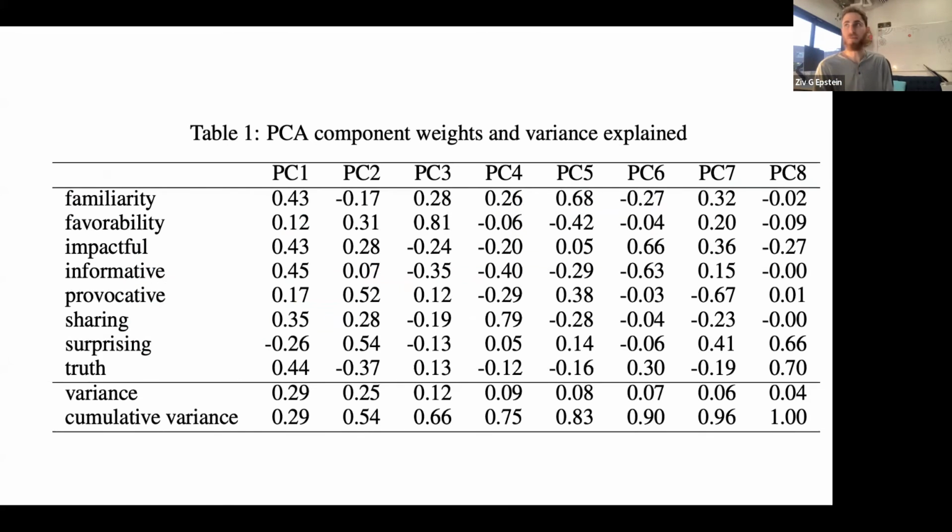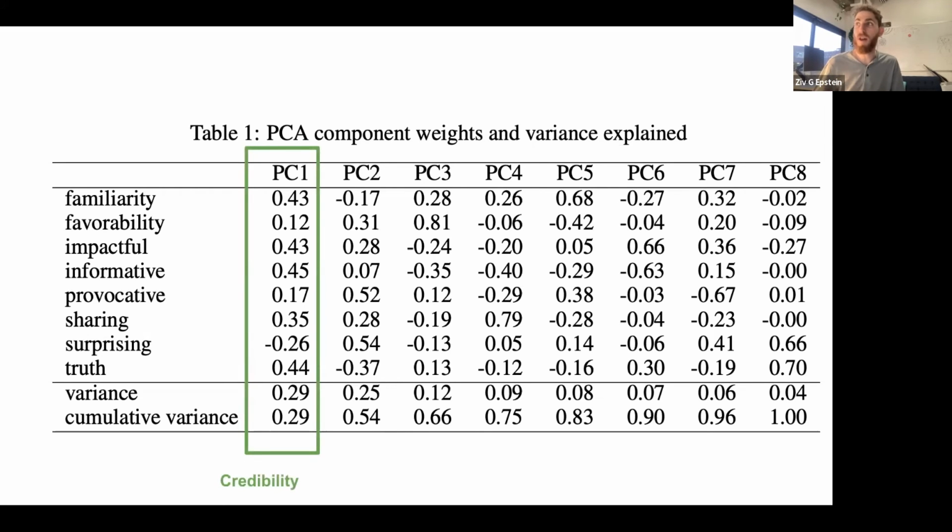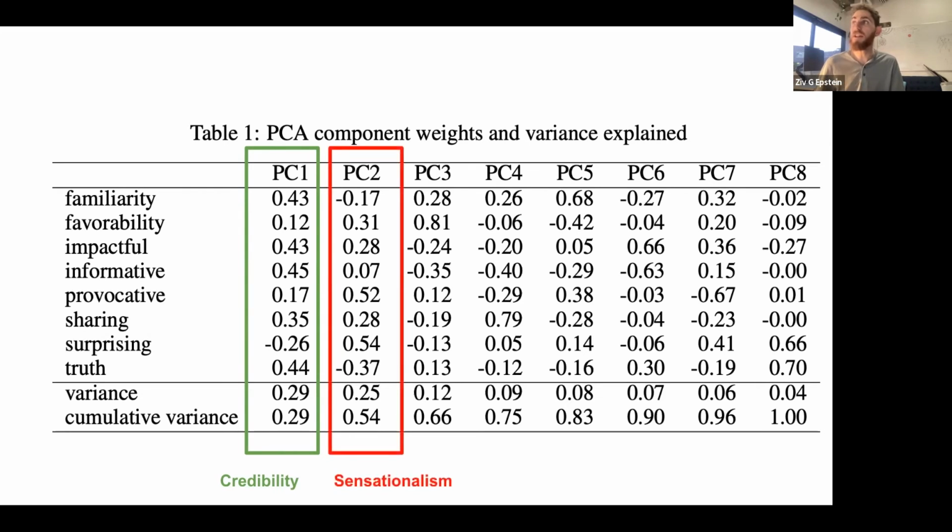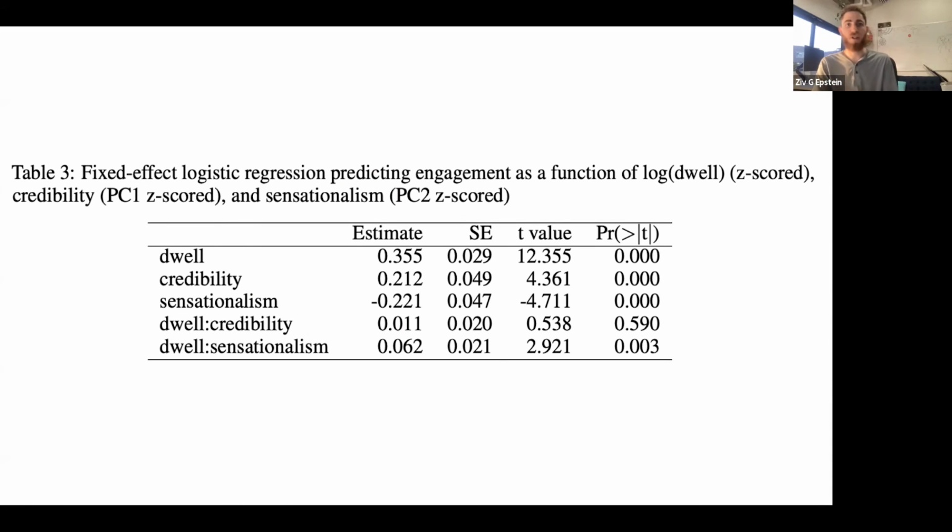Next, we conducted a principal component analysis on the 8 features and found that there were 2 factors that explained over 54% of the variance. We call these factors credibility, since it's associated with truth values and informativeness, and sensationalism, because it's associated with surprisingness and provocativeness. Having shown that dwell time captures attentional exposure and serves as the measure of trying, we turn